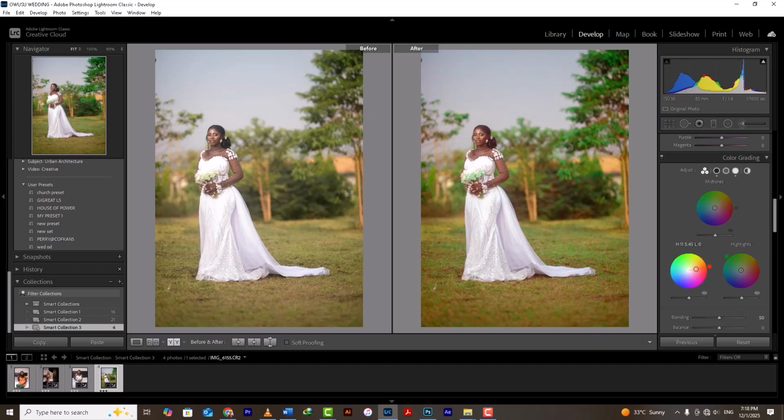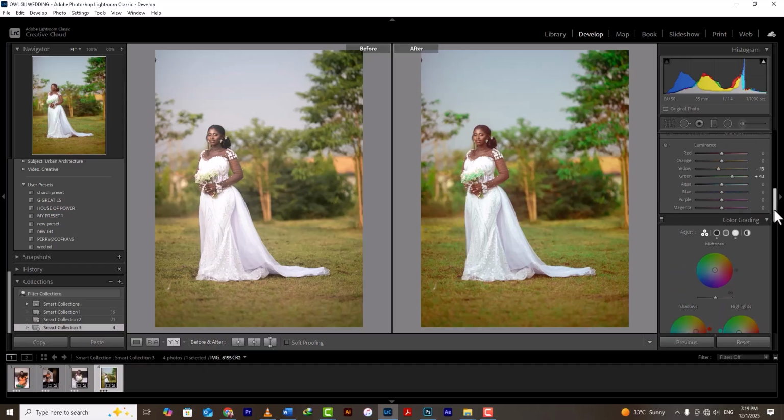So red in the shadows is too much. Like I said, subtle. We don't want to do things too much. Blue is too much. It shouldn't be so much. I think somewhere here is okay for me. Let's look at before. This is a bit of color grade into the image. The red, I think, let me come back a bit. Okay, this one, let me bring it here a bit. Alright, so